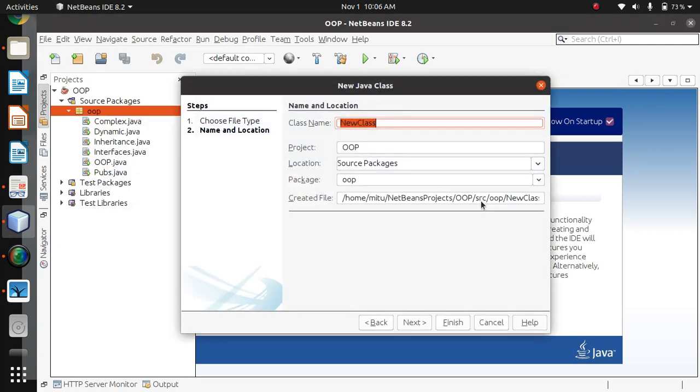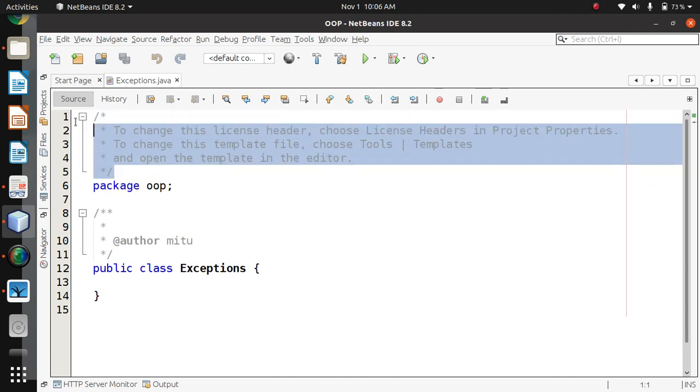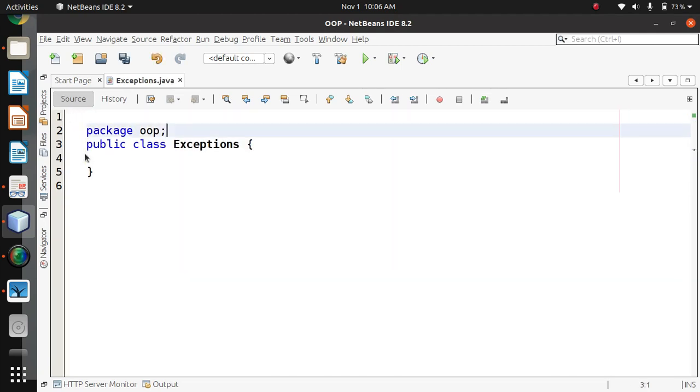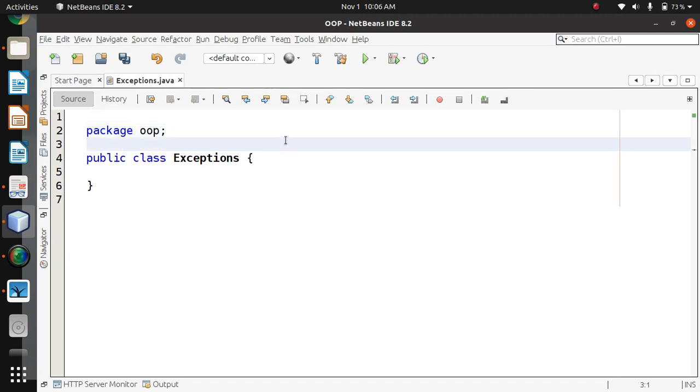Let's call it exceptions. As told in the statement, we have to read two numbers from the user, so let's take the Scanner class, by which you can read data from the user.